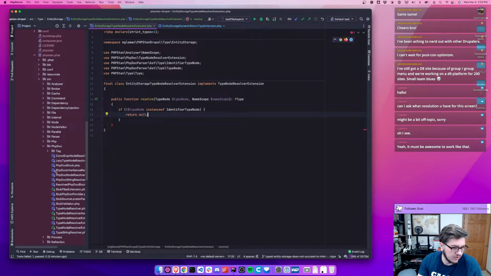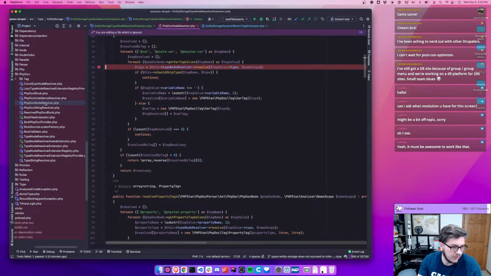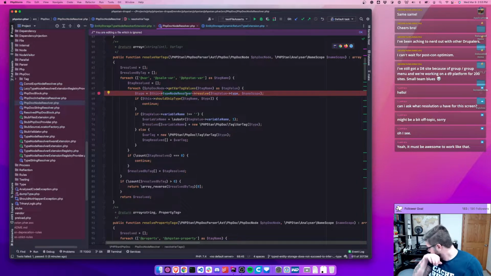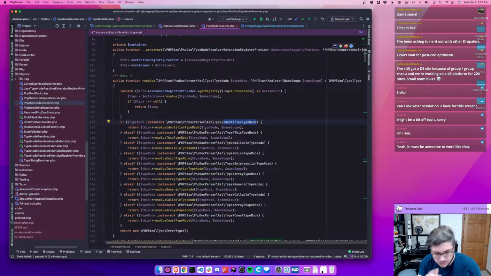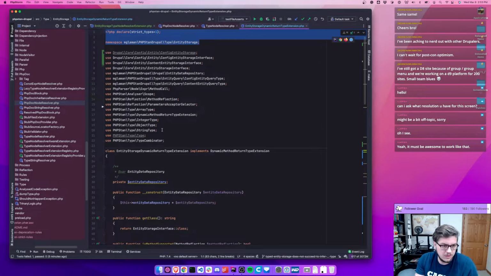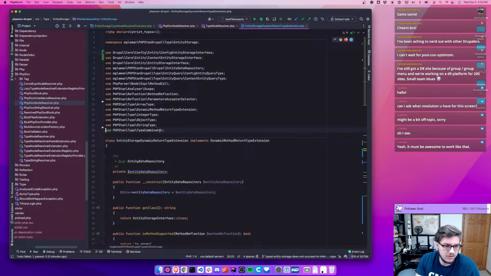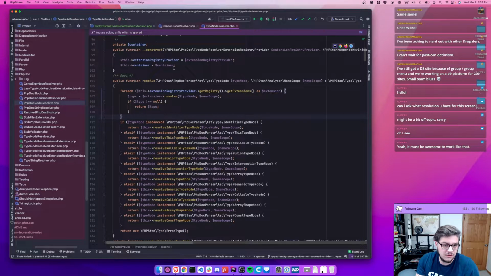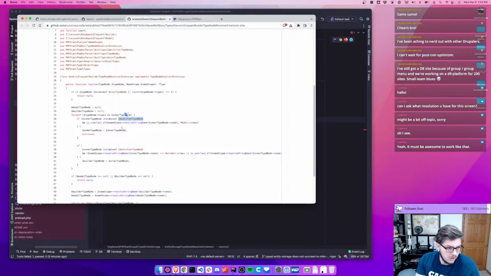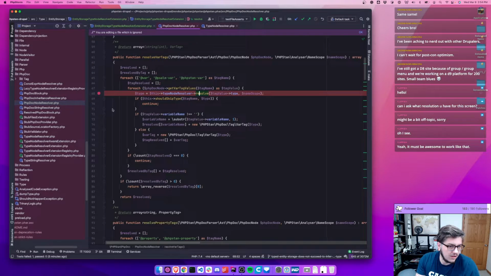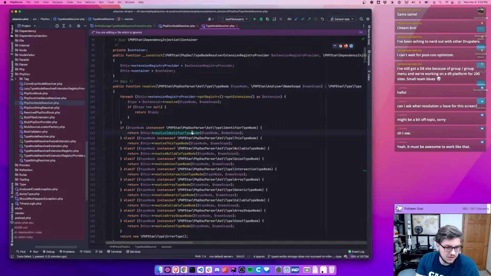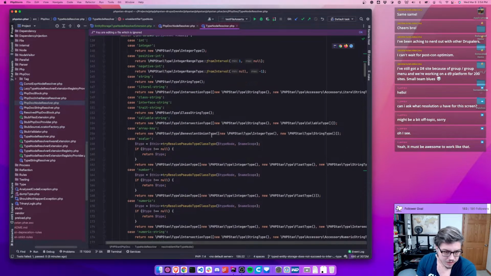I wish I did not close out everything in phpstorm. Dark resolver, here we go. Excuse me. Resolve, here we go. Yep, so we want to check if it's an identifier type node. And if it is, let's close out. So if it is that type node, subclass of, resolve string name, subclass of, would it be bad to do object types in here? Resolve identifier, object type,